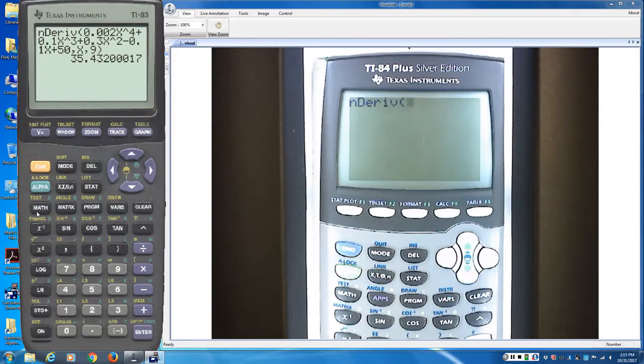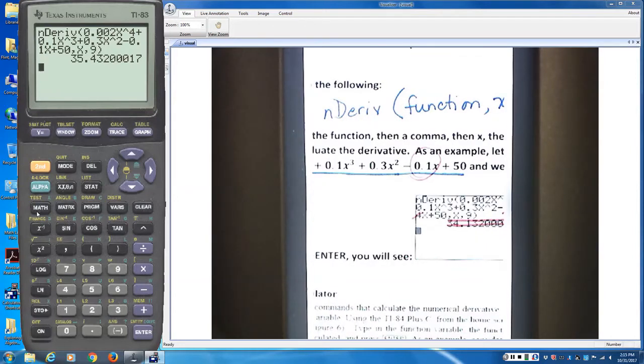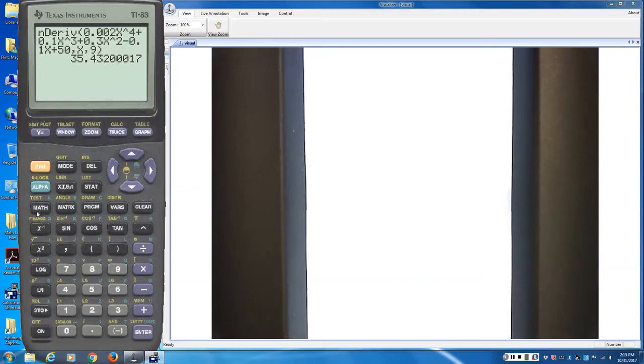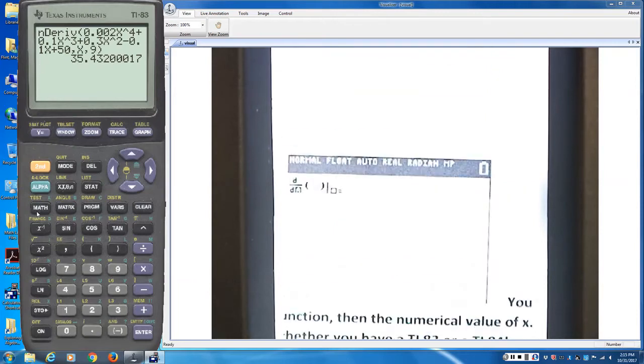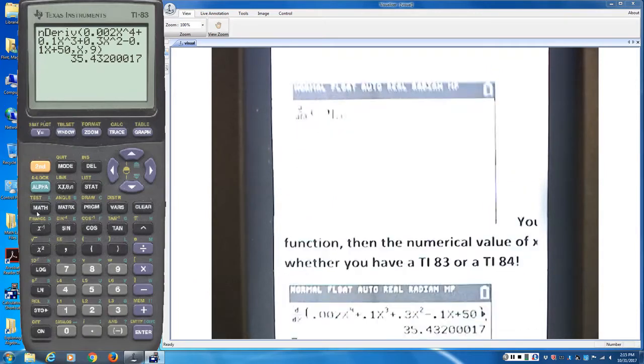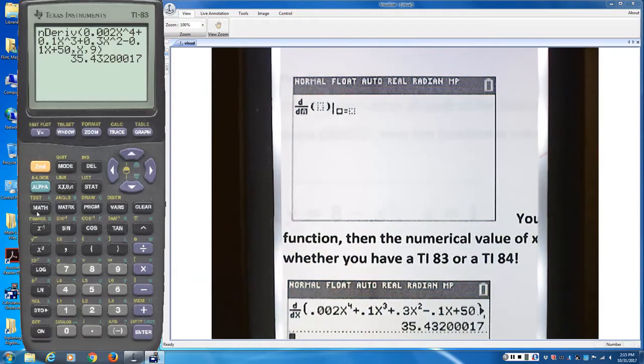Now, my 84 brings up the exact same thing as before, but some people's 84 does not. If your 84 does not bring up that particular same kind of screen, yours is going to look like this. Okay? So when you get finished putting yours in on your screen, and again, we're going to use the same